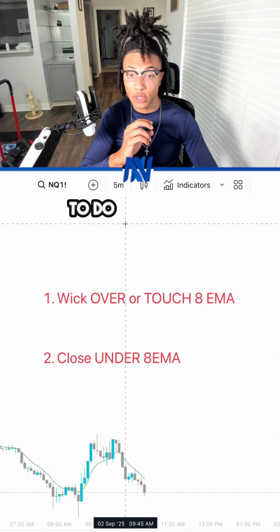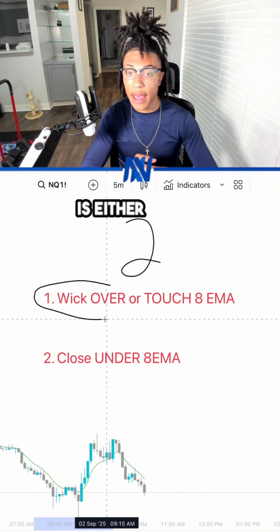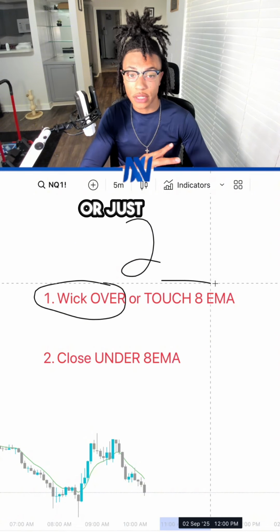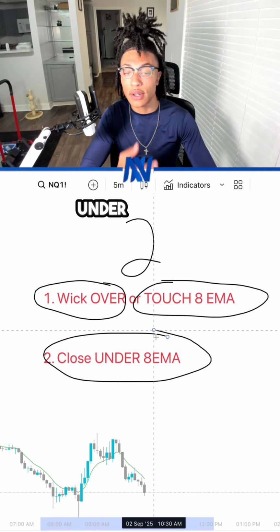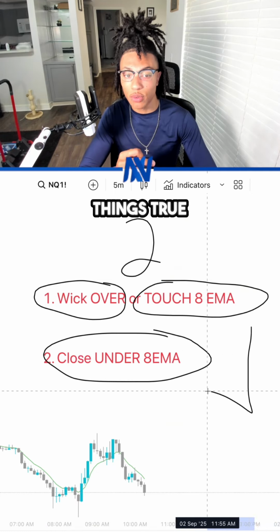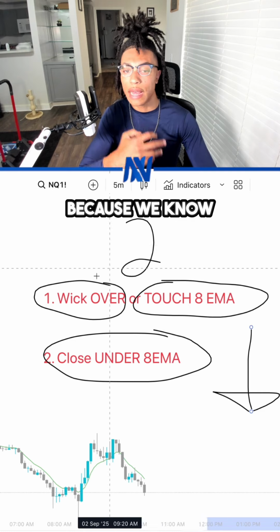Now, we need price to do two things. The first thing is either a wick over the 8 EMA or just simply touch the 8 EMA equilibrium zone. And then the second thing is to close under the 8 EMA. With these two things true, we can finally get into a trade because we know that the bearish trend is